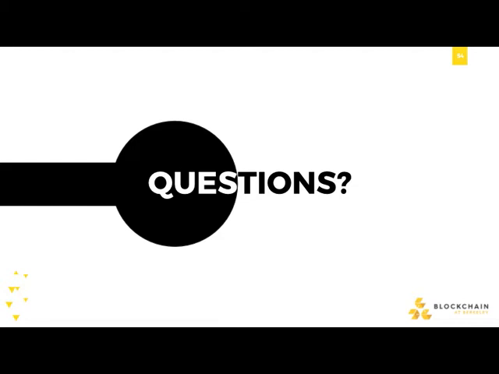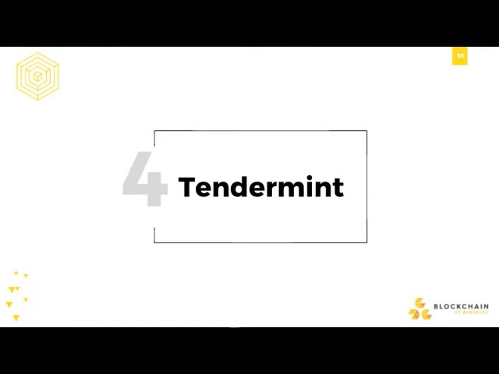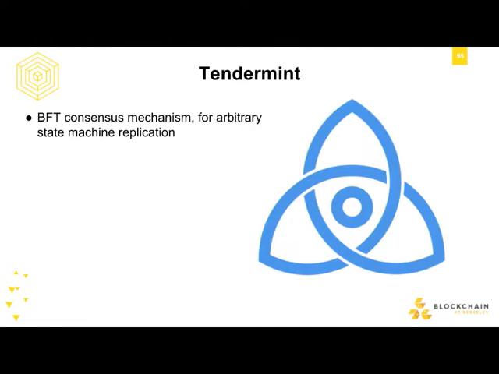All right, so I'm going to talk about Tendermint, which is another consensus mechanism that is connected to a lot of this, PBFT, Paxos, all of that. It's a lot more like that than proof of work or the randomized proof of stake. So Tendermint is a BFT consensus mechanism for arbitrary state machine replication, which basically means that it's not really its own blockchain or its own coin or anything like that.